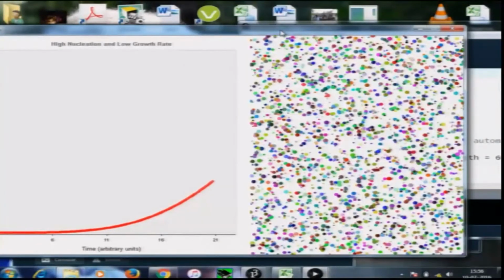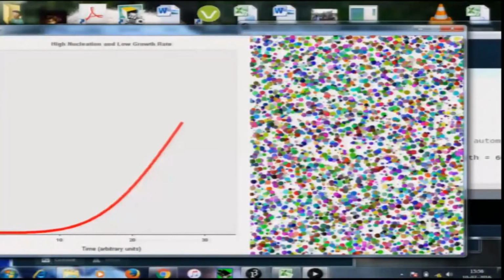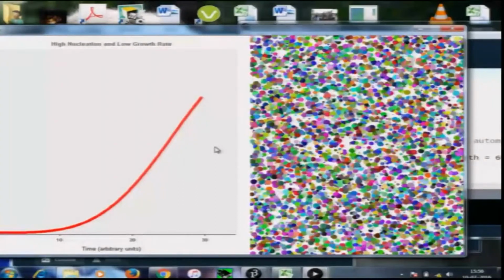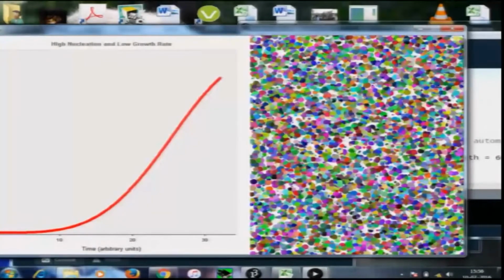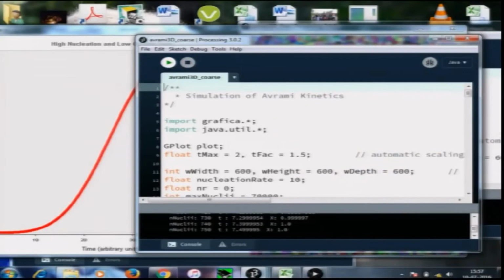However, a large number of nuclei are being produced, as you can see as the simulation is proceeding. However, they are growing very slowly, and you can see from the evolving structure that in this case the microstructure that is produced has a much smaller scale as compared to the previous one. So, let me just also put on the side the previous structure,